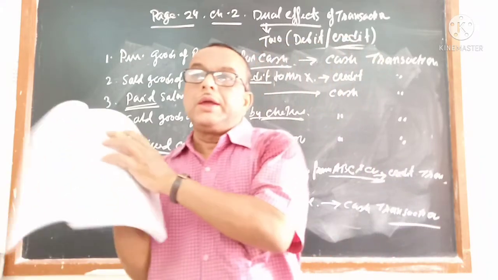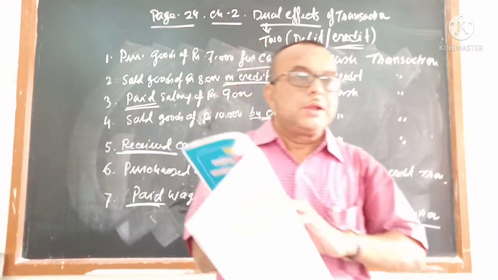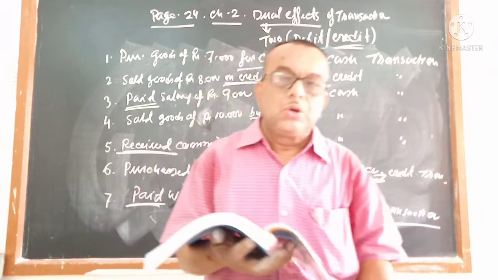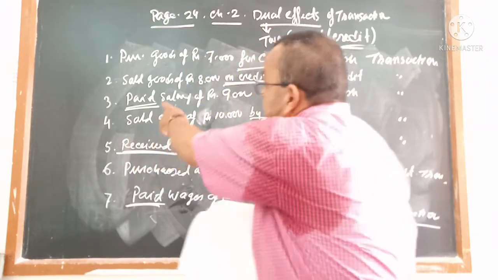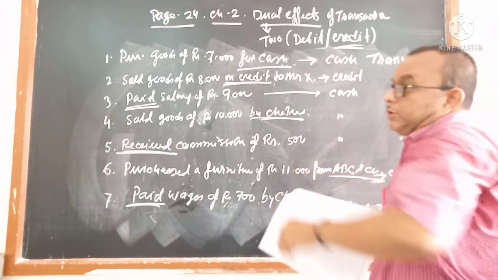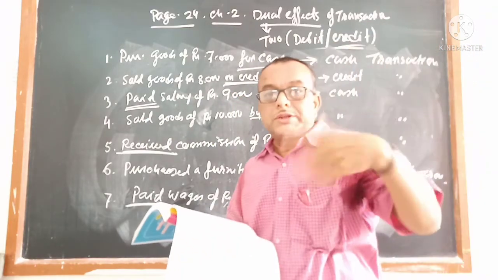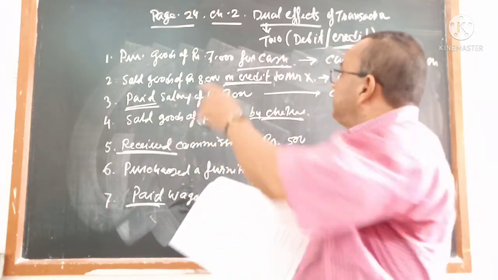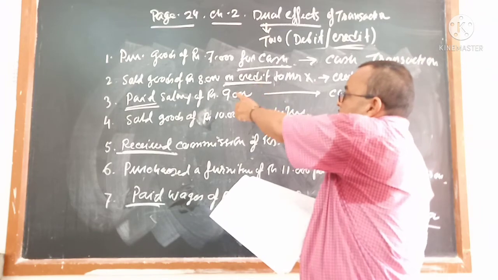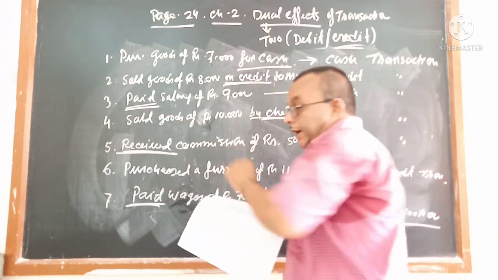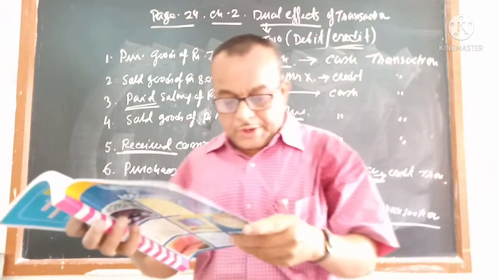In whichever way your book has explained, if you want to explain it in another way, it will be easy for you. What you will do is read each sentence and put an arrow, and find out whether it is a cash transaction or a credit transaction. And why it is a cash or credit transaction, put an underline for that. I have given the underline, due to which it is cash or credit.